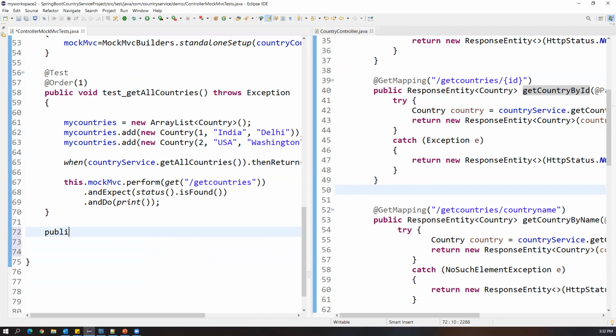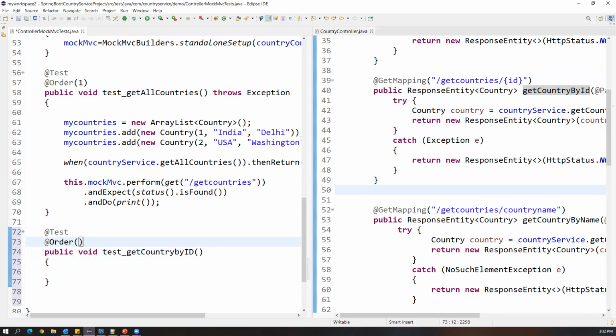Public void, and this is again the Test annotation. I'll specify the order, which is 2.